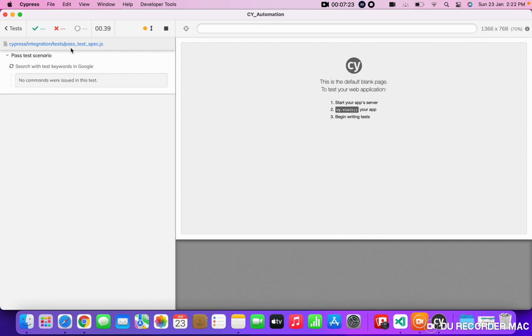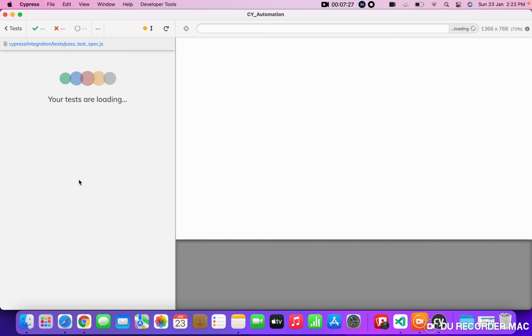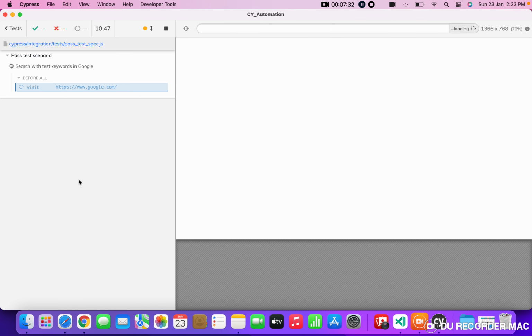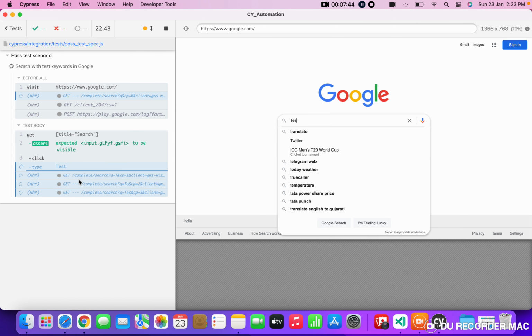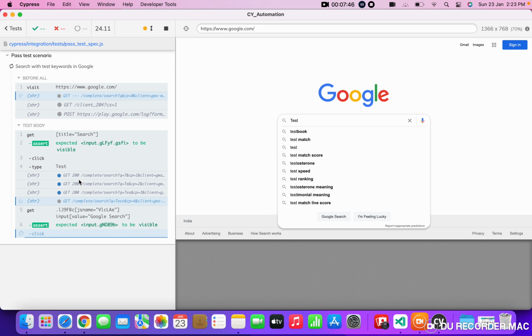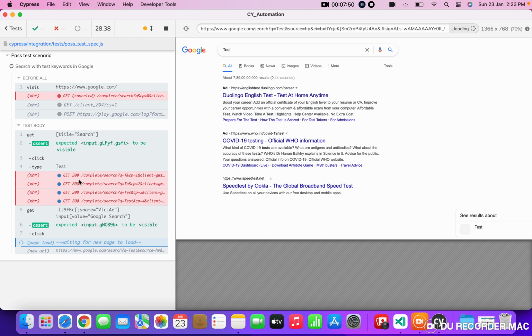It will start with the next test case, the pass test spec.js. So in this it will pass. The same test scenario with the valid XPath. It will click on the Google search button and then redirect to the next page, and the test scenario will be passed.